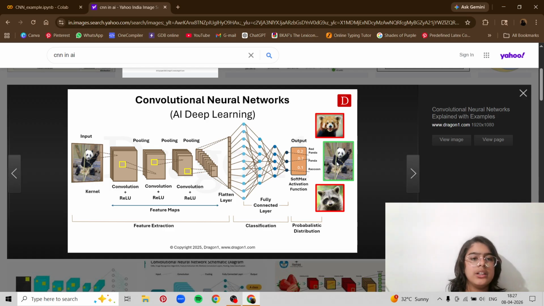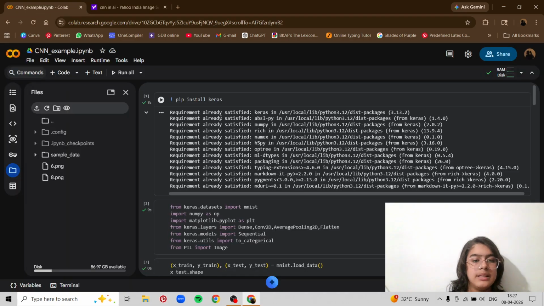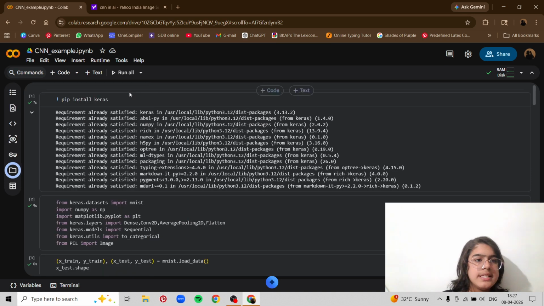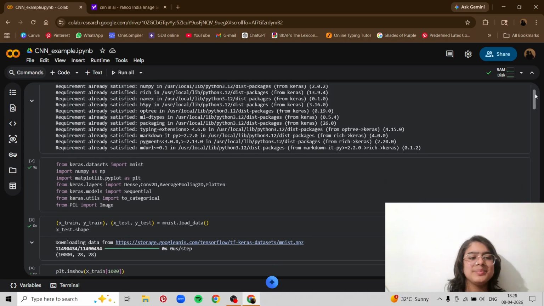So now we got an overall understanding of CNN. So now I'll go into the CNN example. This CNN example is a little complicated, but once you understand it, it is very simple and it is so fun to learn. This is one of my favorite topics right now. So I have made a CNN on the numbers. I will give an image of a number and the code needs to identify if it is number 2, if it is number 0 or 3. So it's one digit numbers only, but it's a start.